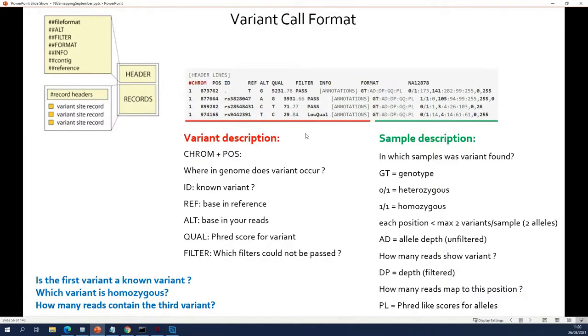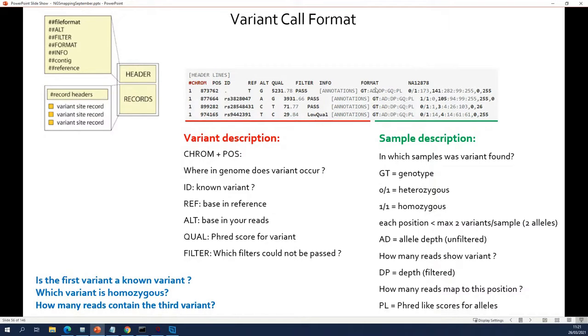So that is information on the variant, and then typically you also get information on the sample, so the BAM file that gave rise to this call. What can you find there? Well, the format explains what you see here. So this is the explanation basically, and this is the actual data. GT, the first thing that you see here, is the genotype. So you have either heterozygous or homozygous variants. That's what this is saying.